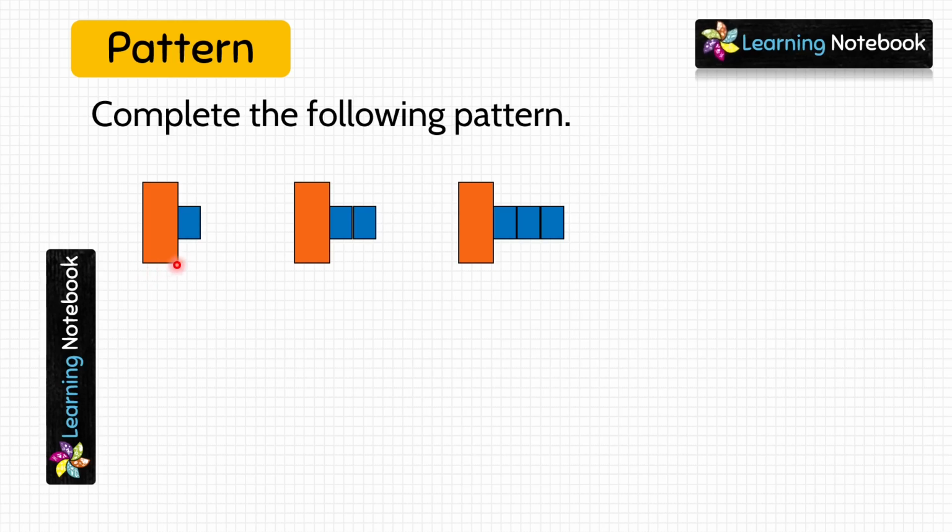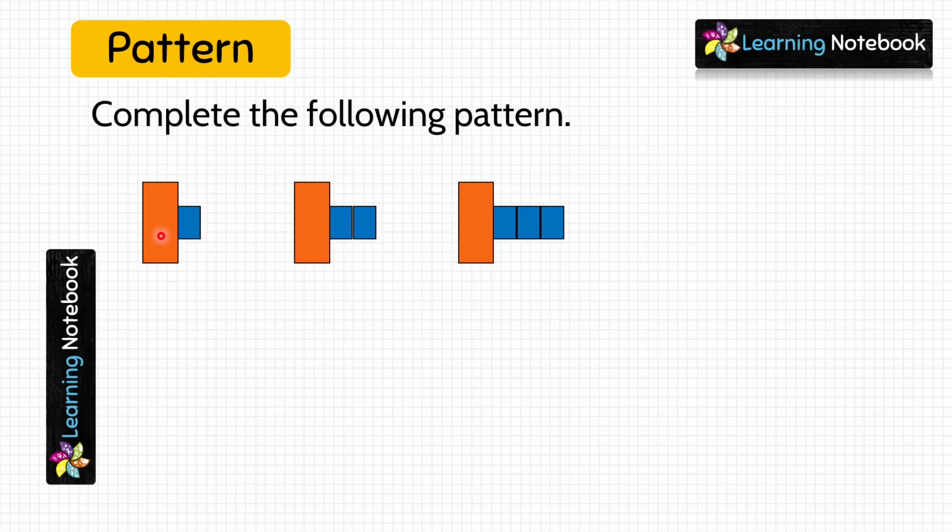Orange rectangle is only 1 in all these three figures. It is same in all these three figures. But this blue rectangle is increasing by 1 in each figure. See, in first figure, blue rectangle is 1. In second figure, blue rectangles are 2. And then in third figure, there are 3 blue rectangles, while there is only 1 orange rectangle in all these